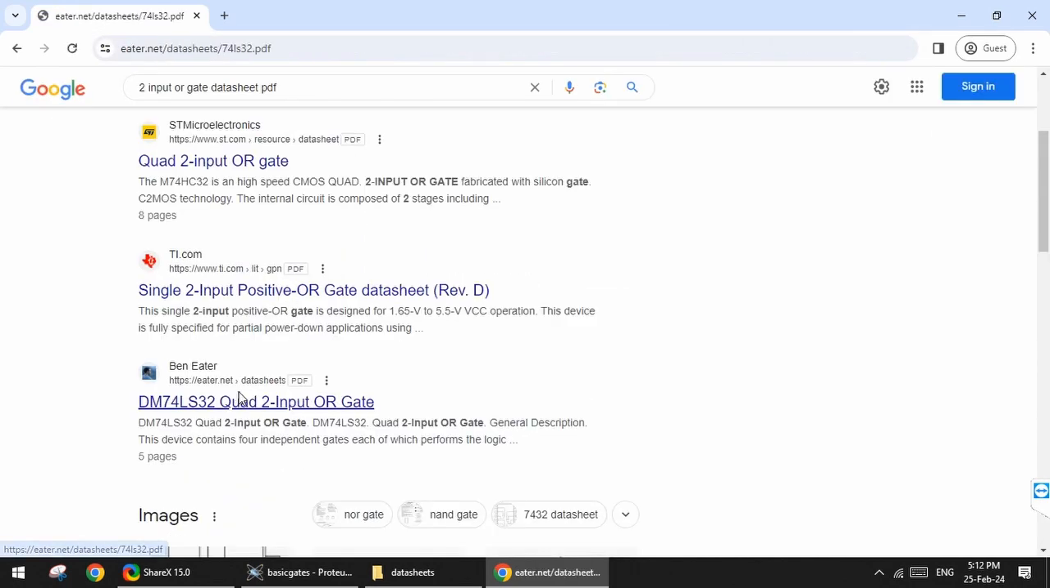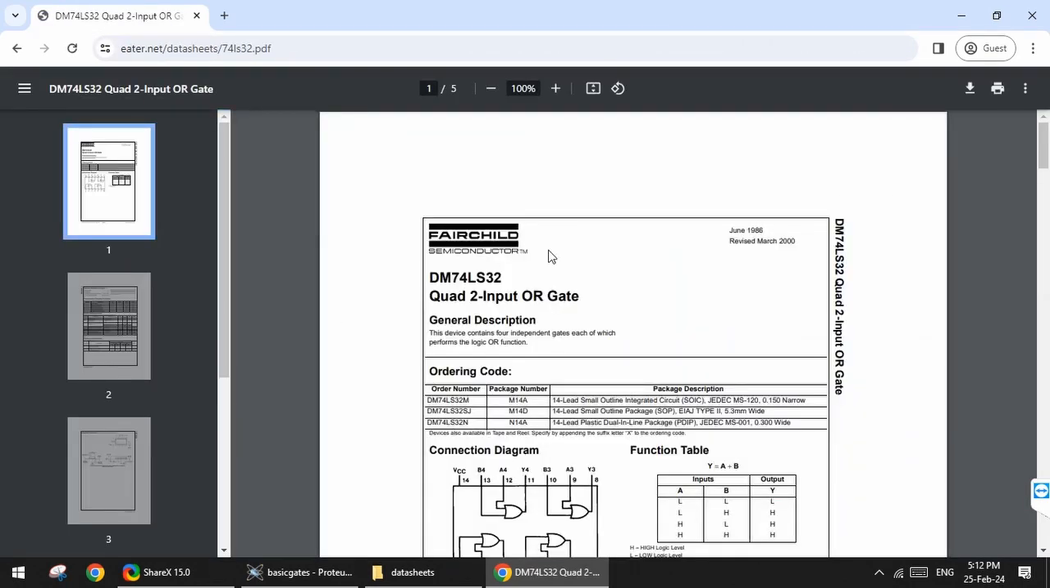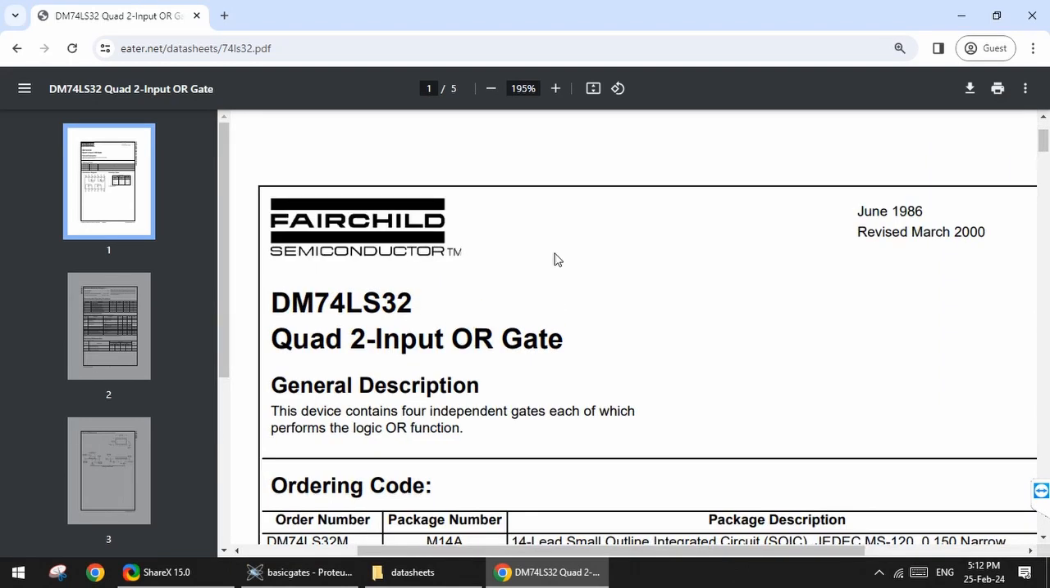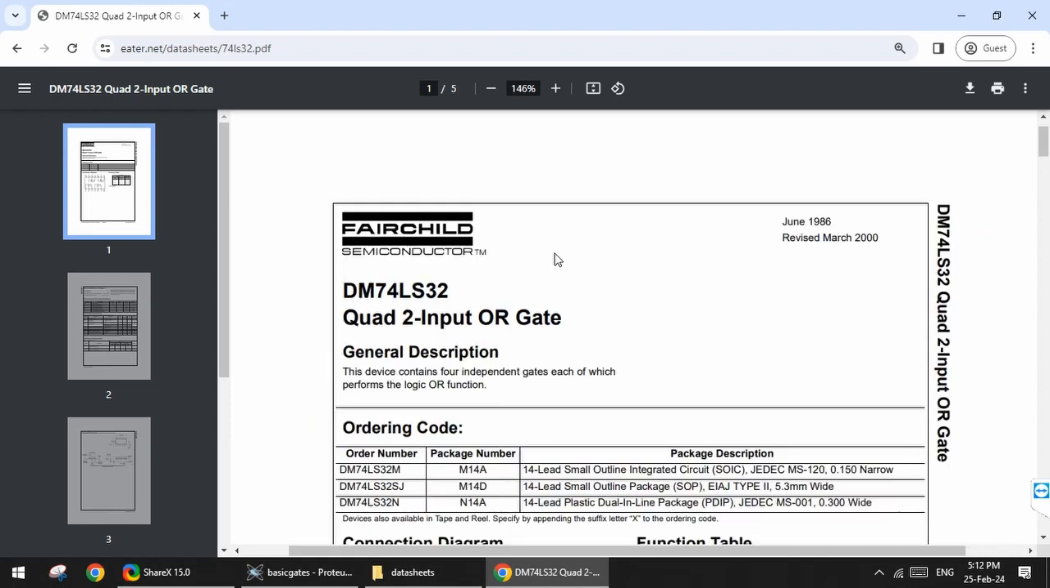So let's open this one, and we can zoom in. The datasheet contains a lot of information, but if we just want to simulate our gates, we don't need to go through all of this information. Some of the things that we should note are the words quad, 2 input OR gate, and the number is